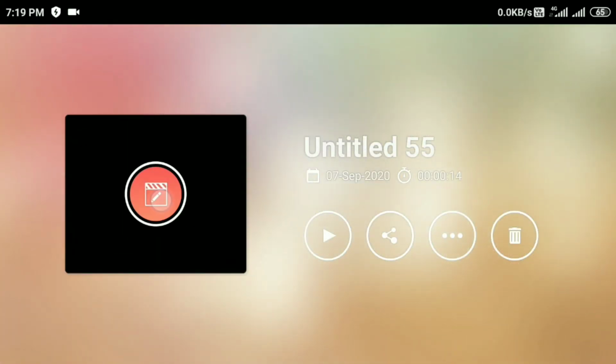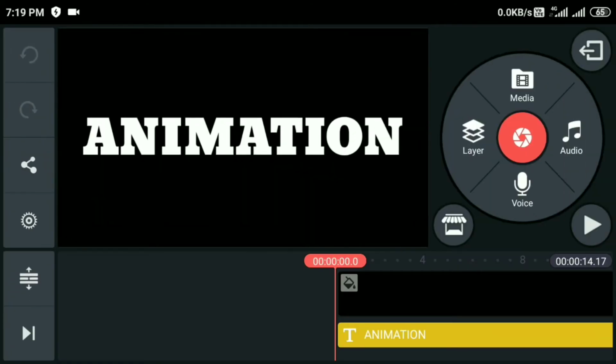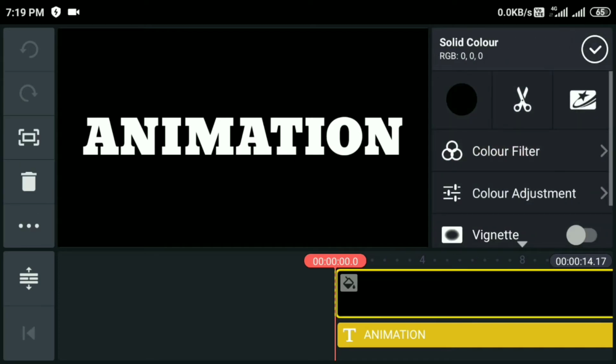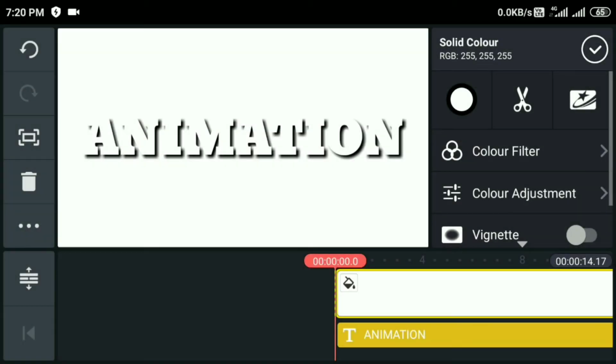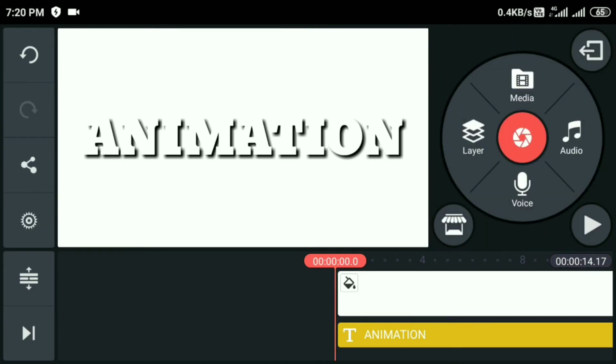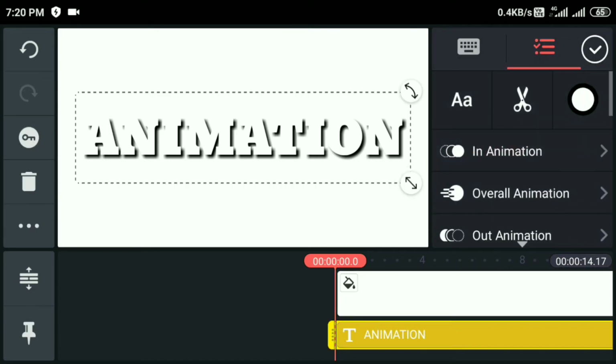Now we will edit something on it. Like we will change the background color from black to white. Now change the text color from white to black.